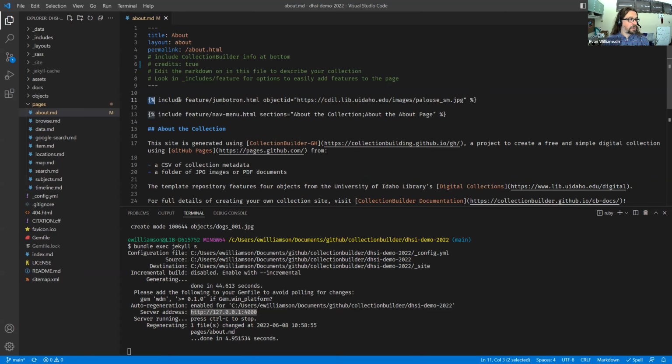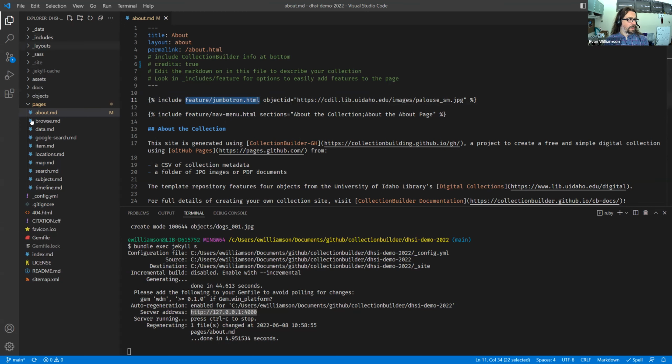And so each of these, you'll see, has a curly bracket, percentage sign, and a space. That's the sign that this is Liquid. This isn't visually on the page. This is a bit of code, the Liquid templating language, that we're going to use to do something. And so then we give Liquid a command, which is include, and then we give it a file,